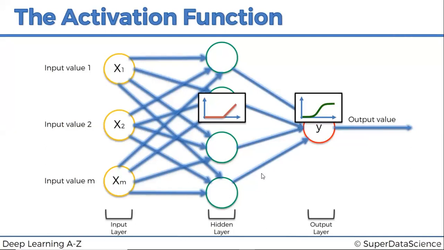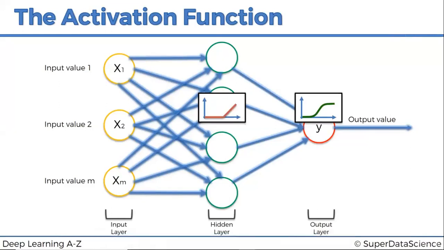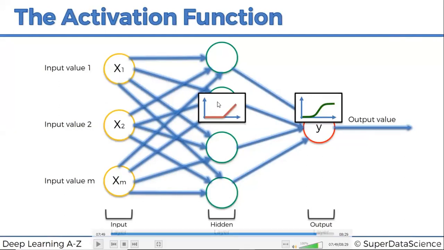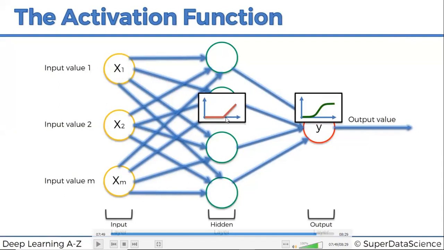So here for this reason will be there. Why are we using ReLU activation function at the hidden layers? The reason is to avoid the vanishing gradient problem. I will explain this while discussing back propagation. Whenever we discuss back propagation, there I will explain why we are using ReLU only at the hidden